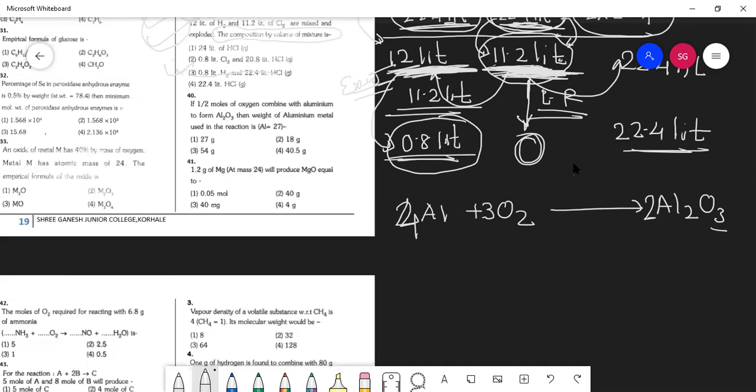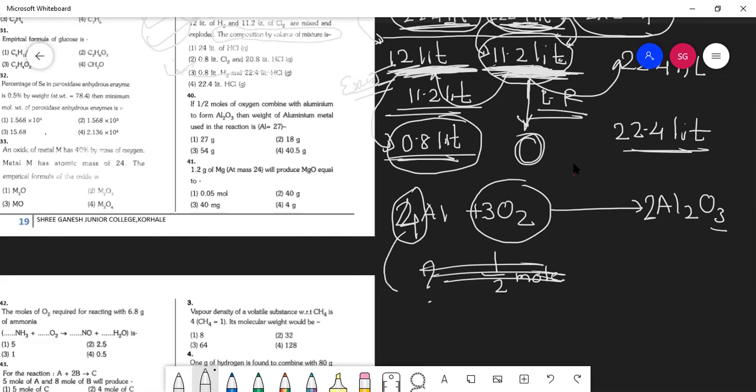Students, they have said instead of 3 moles of oxygen, if you take half mole, how much aluminum will be required? Half. How half? This is 4 students. Okay, let me explain in a different way. Students, can I write this as 4 into 27? Yes, sir, because aluminum's weight is 27. That time, how much oxygen will be required? 3 O2.